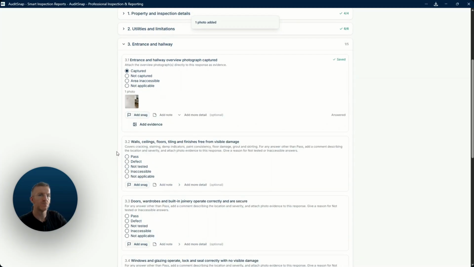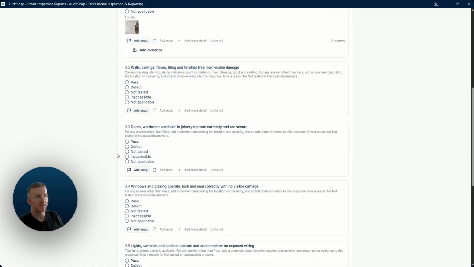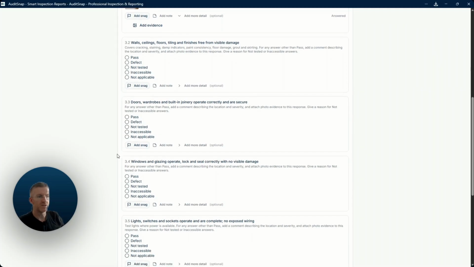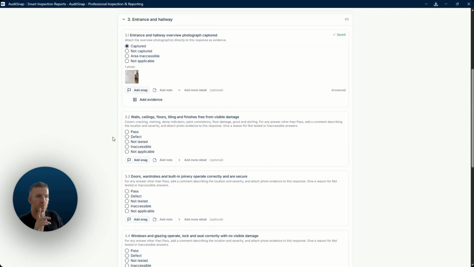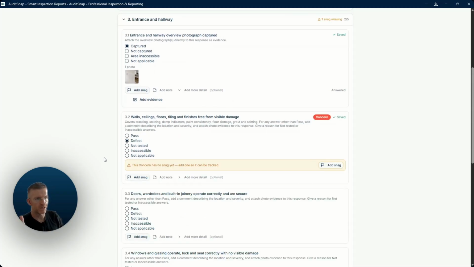Next question, and these will be repeated for the different locations, is in terms of the condition of the wall, ceiling, floors, tiling, and finishes. Then we've got the condition of doors, wardrobes, built-in joinery, etc. Windows, glazing, locks and seals, all of these things that would be common in each area all need to be answered. So let's answer the first one with defects, because I know we've got a photograph that we can use,